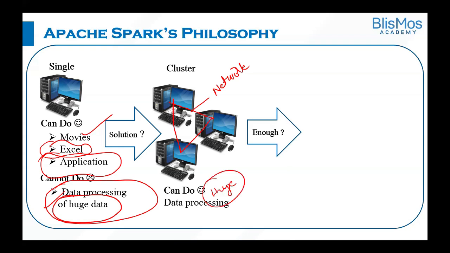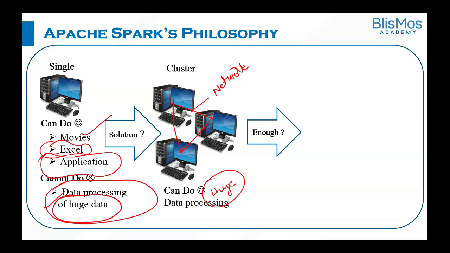Sharanya, is just adding systems enough? Vinith, what do you think? Sometimes we need real-time processing and real-time results, so it's not enough. Then what do you need? The streaming of data, real-time processing. In this kind of structure, I think batch processing will happen, but not the streaming kind of thing. All the systems should be connected internally on the same network.